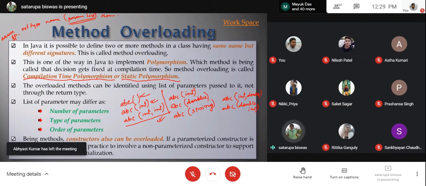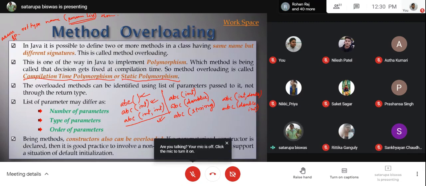But do not forget one thing. If you already have a parameterized constructor, the system will not provide you the default constructor, because if one constructor is already given, the system will not provide you with a default constructor.